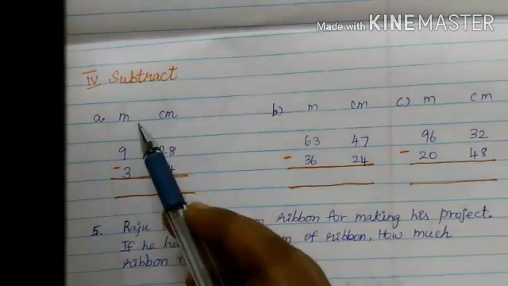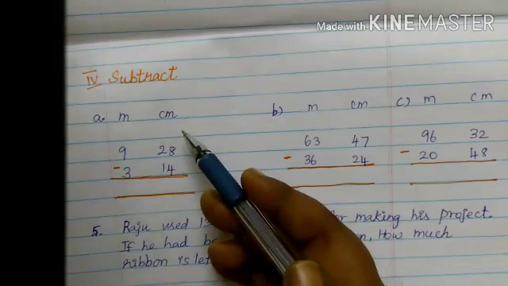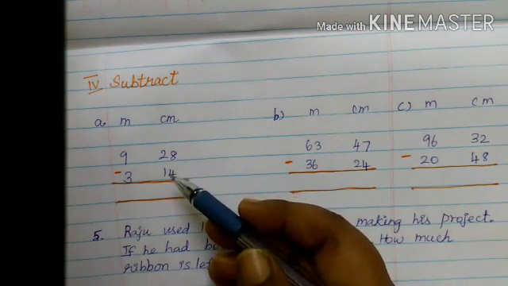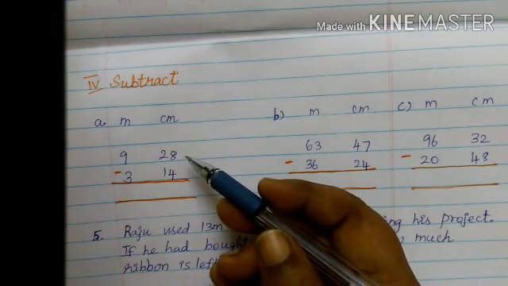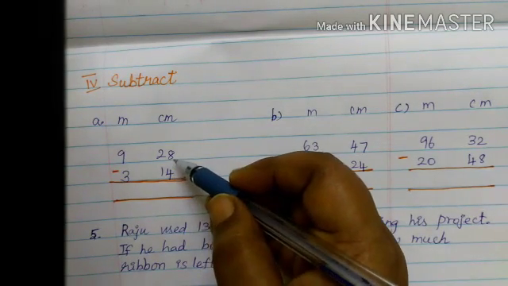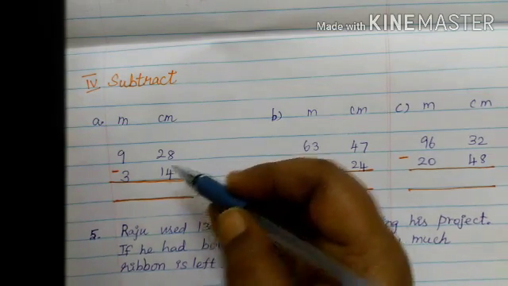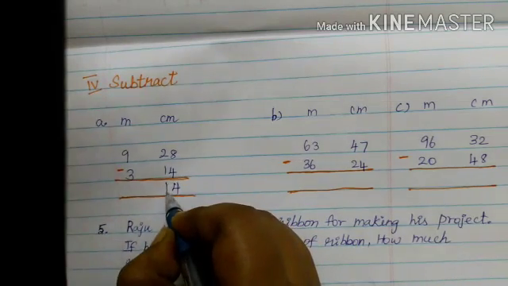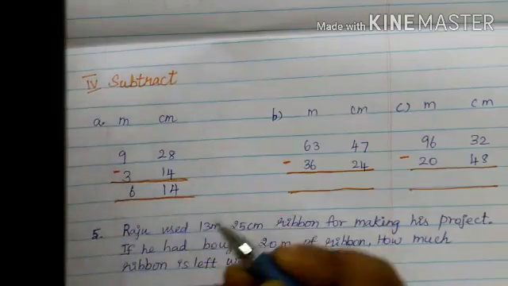The next one, fourth Roman letter, subtract. Here the measurement numbers in meter and centimeter are already arranged and given in your textbook also. Same method, so it is easy to do directly. On the right hand side, the first number is 8, the second number is 4. So 8 subtract 4 is possible. You get the answer 4. Then 2 subtract 1 is 1. 9 subtract 3 is 6.